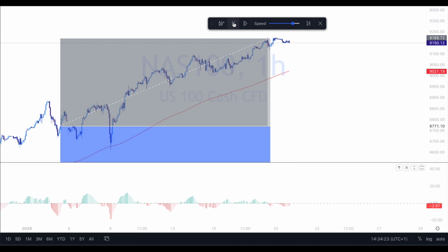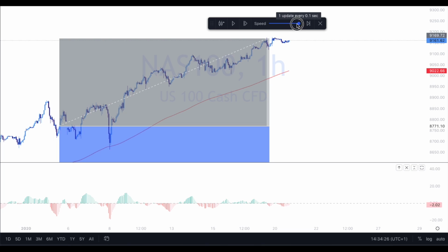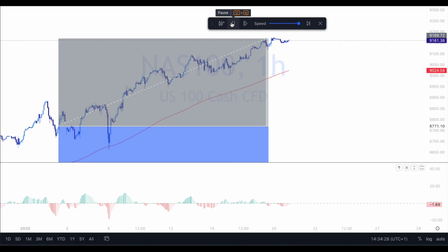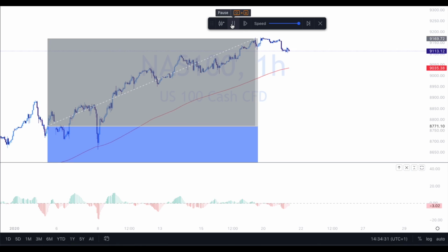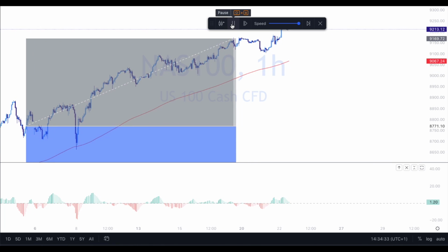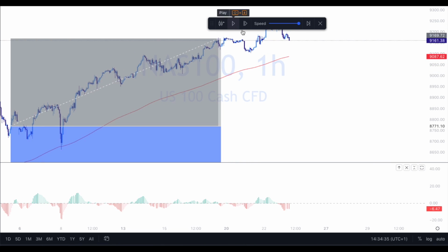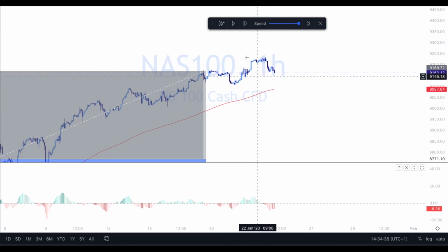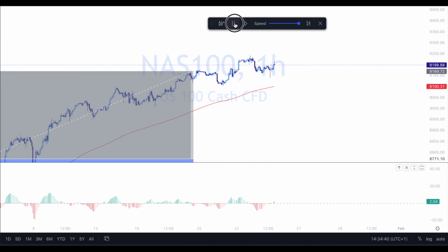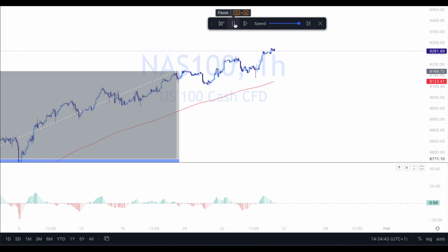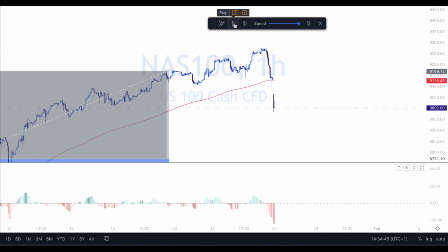Let me speed this up a bit. Okay. So normally at this level, no lie, I would have put in a buy, but it went too far, so I missed it. I actually wanted to make that mistake. I really did. But obviously I haven't. So